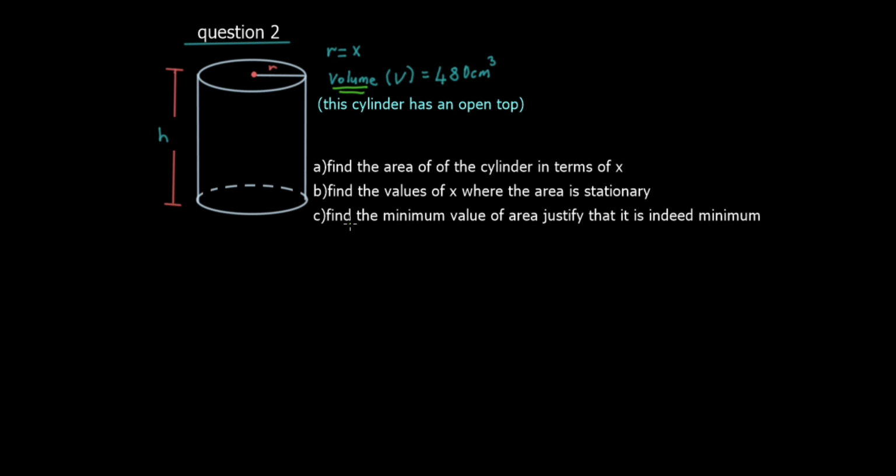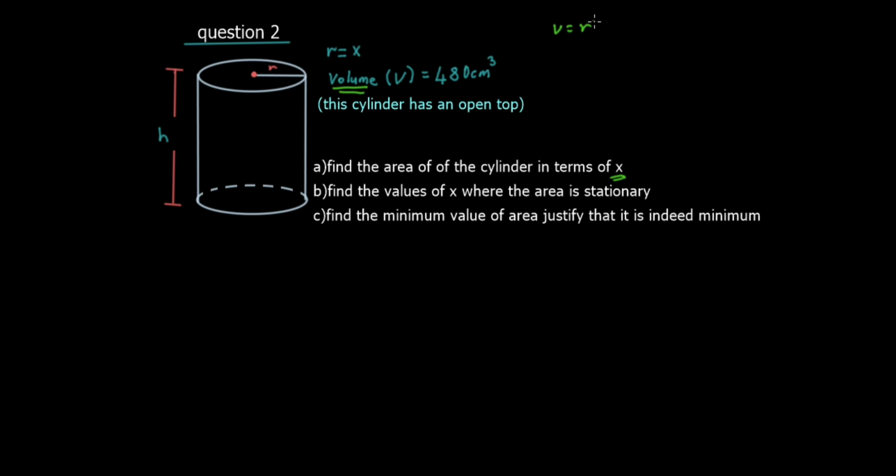The first question says find the area of the cylinder in terms of x. Firstly, I have to determine everything in terms of x. It means I shall not involve h as a variable. So let me find the value of h first, because I know the volume equals